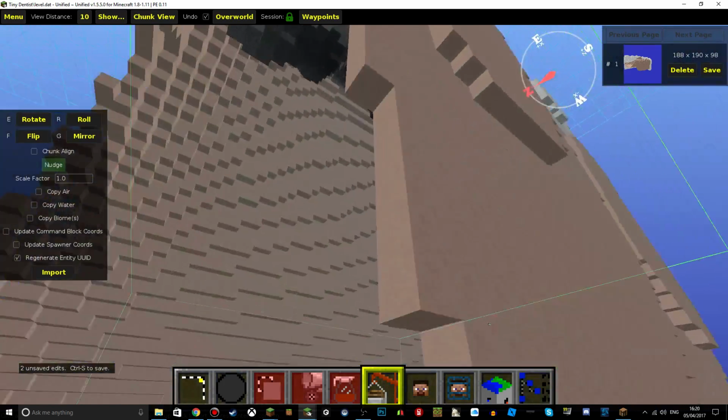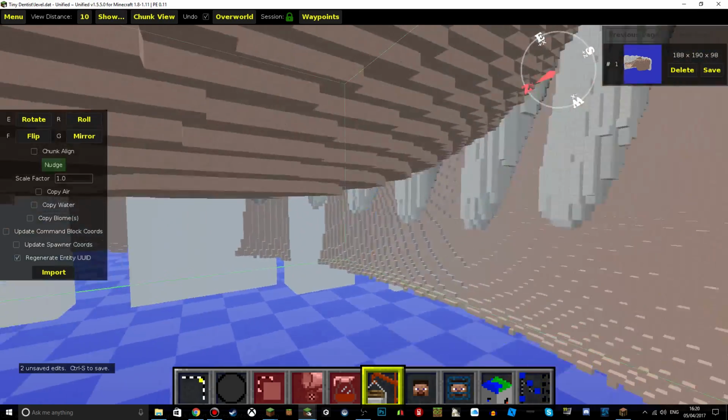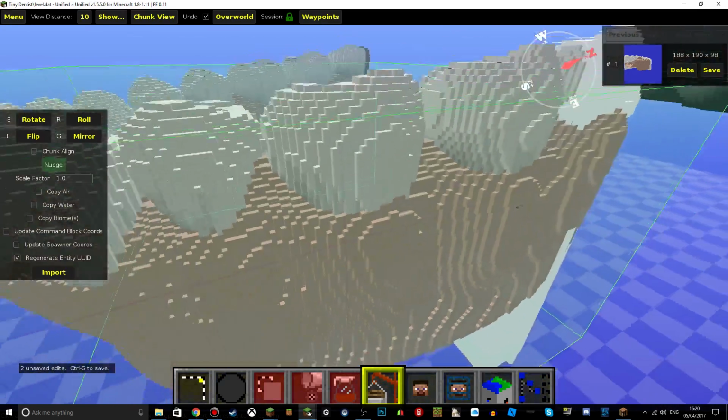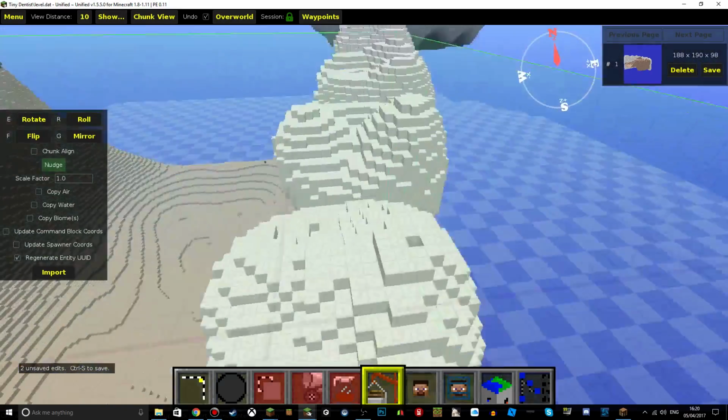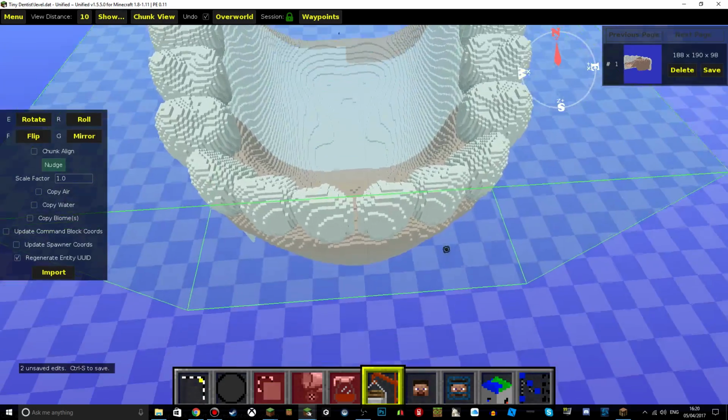Let's go underneath here. You can kind of see where the actual teeth are sticking through the gum line as well, which is really cool. If you want to be a dentist, you're learning a load of stuff right now, right here and now. So that all works out quite well. I think